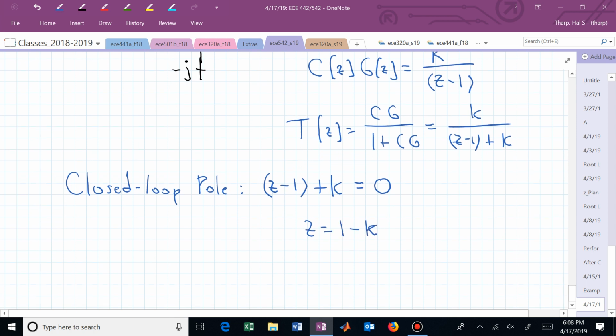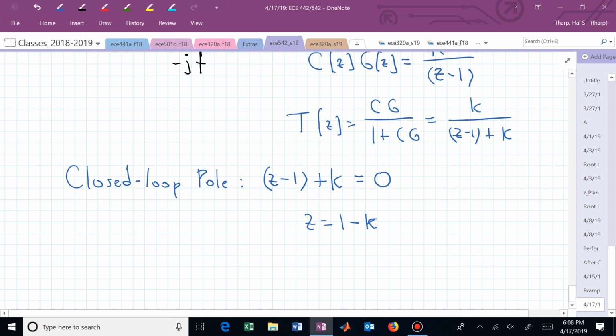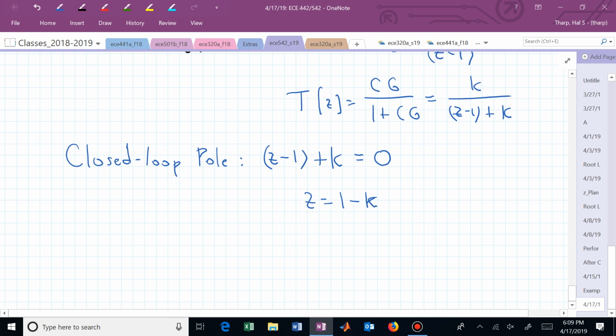And you can pick k now to impact the speed of your system, because now you know you have a mode at 1 minus k. If k was 1/2, you would now have a mode at 1/2. So you'd have 1/2, 1/2 squared, 1/2 cubed as far as your transient is concerned, going towards that final value, which is your reference input, whatever constant that happens to be. So here k is selected for the speed of response.